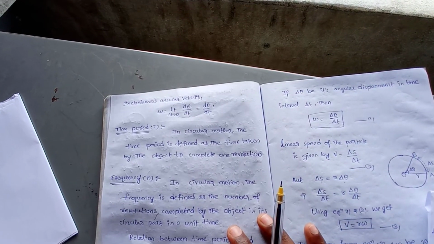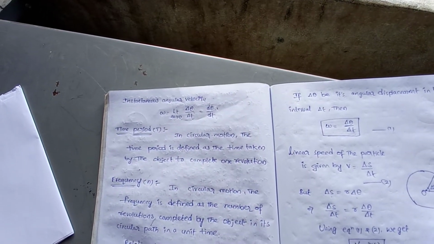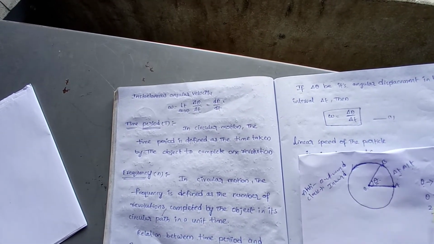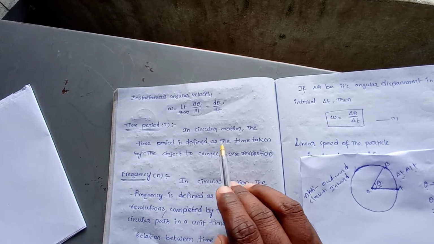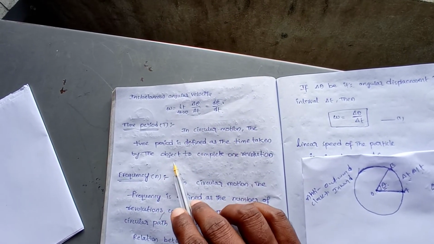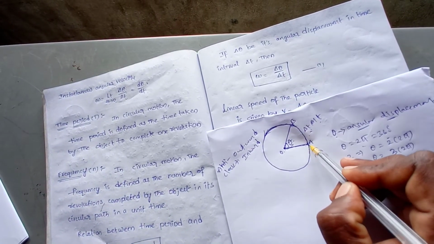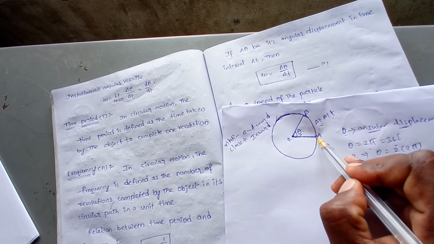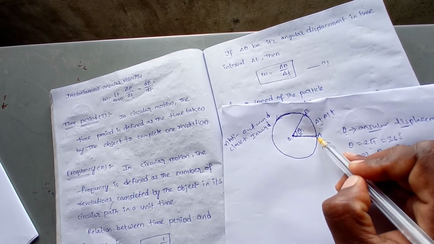Okay, next one is, what is the time period? In circular motion the time period is defined as the time taken by the object to complete one revolution. For suppose the body started at point A, the time taken by the body to complete